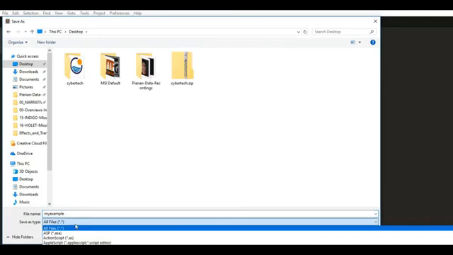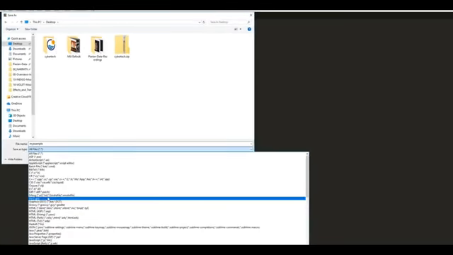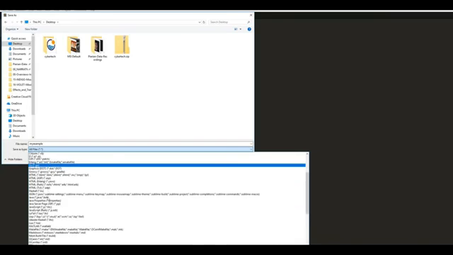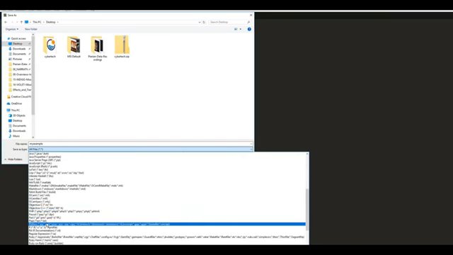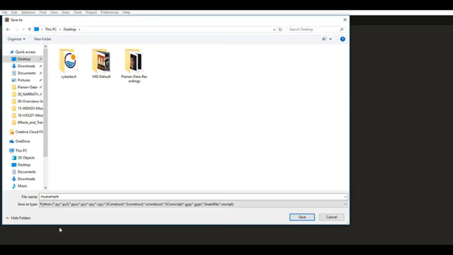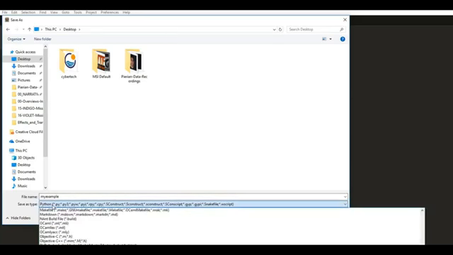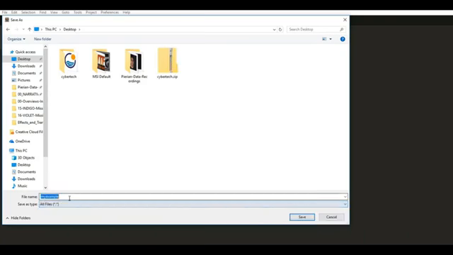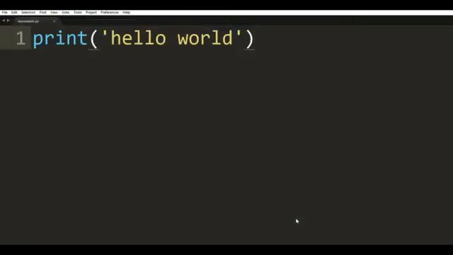And you'll notice if you click on all files, you have lots of extensions to choose from. We're going to choose to save it as a Python file. So you're going to say my example, save it as a Python file. The other option you can do is just select all files and then say my example and write .py yourself. Either way is fine. Go ahead and save it, making sure it's a .py file, hit save, and now you'll